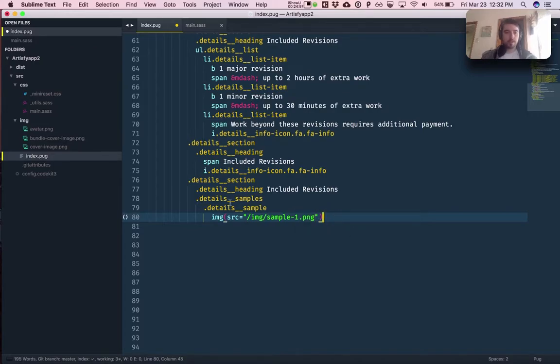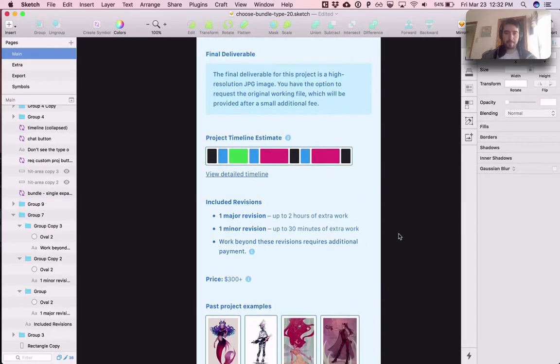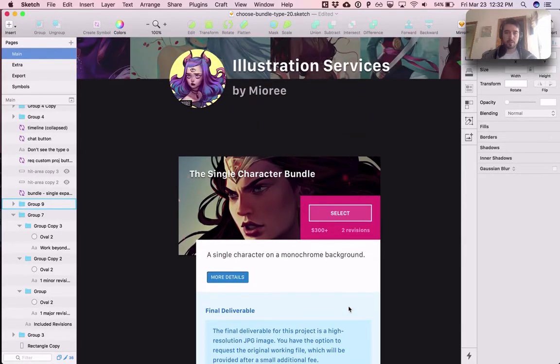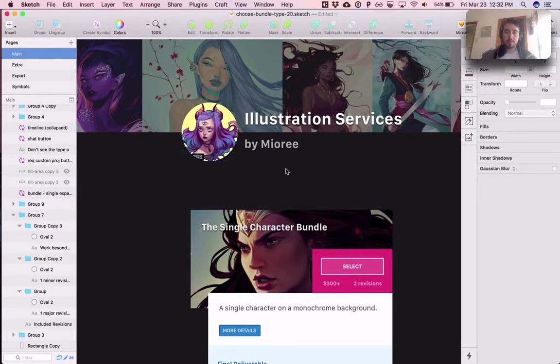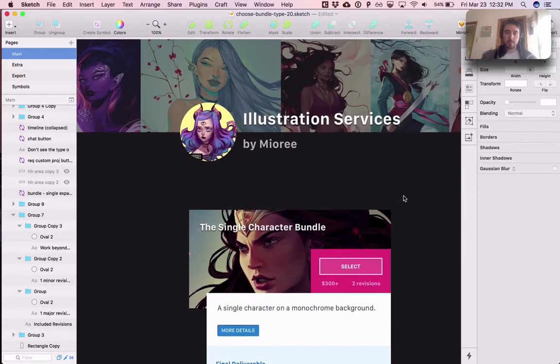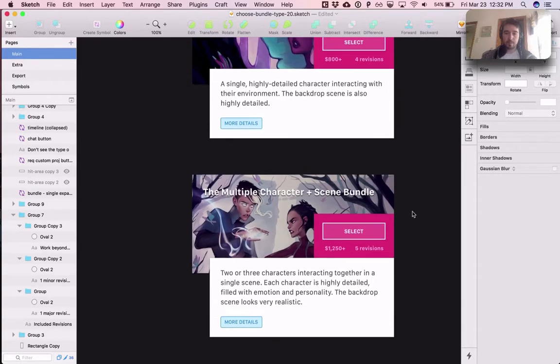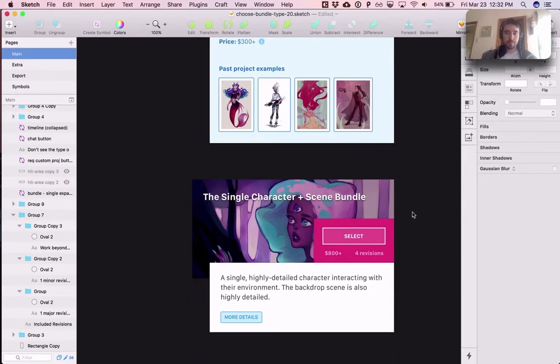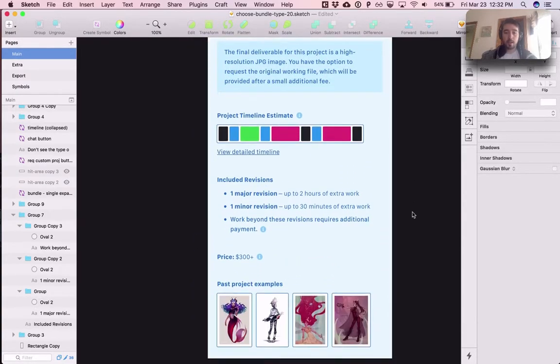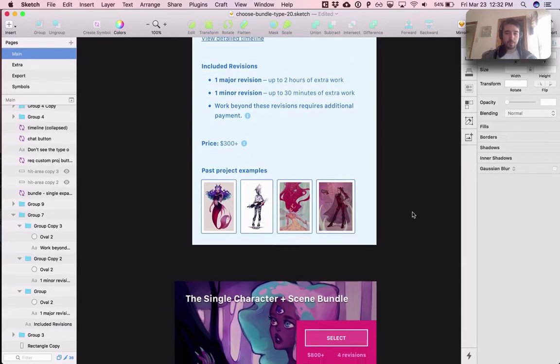Yeah, so I should mention all of these images on this page are from Miori. She's an amazing artist. She's got a huge following on Twitch and Twitter and Instagram and all kinds of services. She's really good. She does commissions. I had her commission an artwork, this one here, and it turned out amazing. She's one of the best freelancers I've ever worked with. And I'm going to actually ask for her permission before posting this video, because